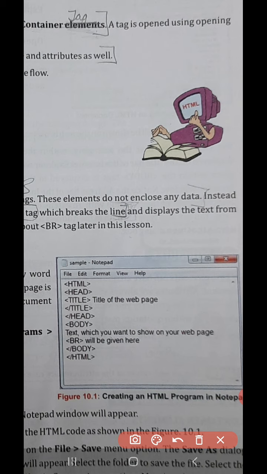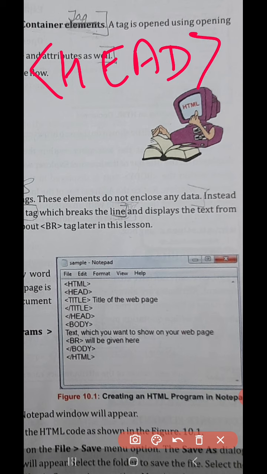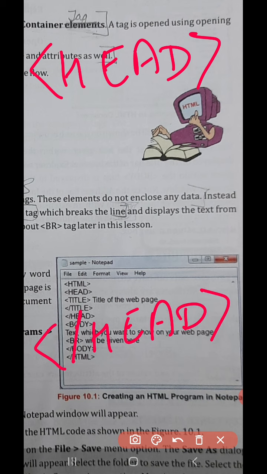Next is <head> and </head>. Whatever heading you wish to give for your web page is given between <head> and </head>.